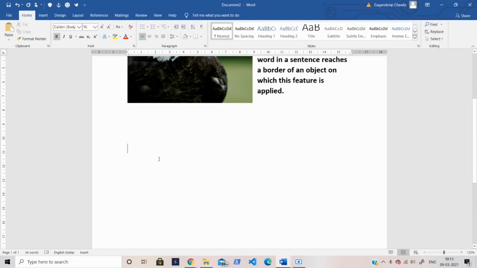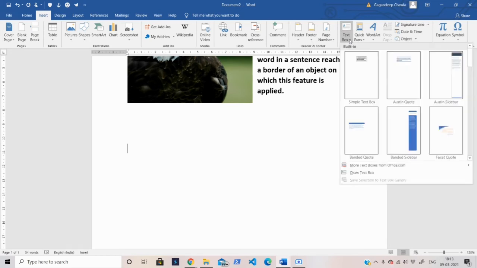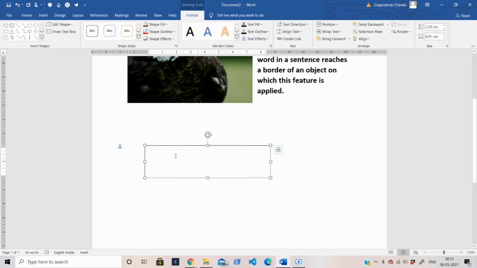Okay, so now let's learn about inserting text box. So for inserting the text box, you need to click on the insert tab. Then you have this text box option. In the text group, click on the text box. Either you can select this predefined text boxes to draw, or you can draw your own text box using this option, draw text box. Okay, so when you click on this draw text box option, you can again see that your mouse pointer has been changed to a plus symbol. Okay, so you can just drag it and you can create your own text box. So something you can write hello everyone.